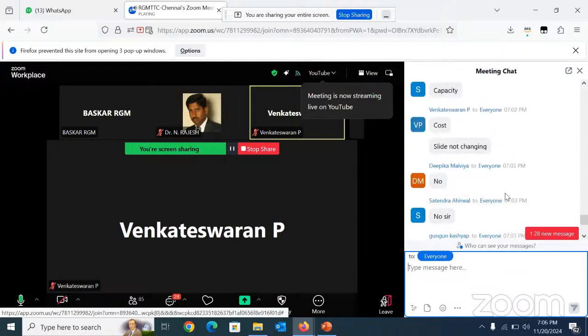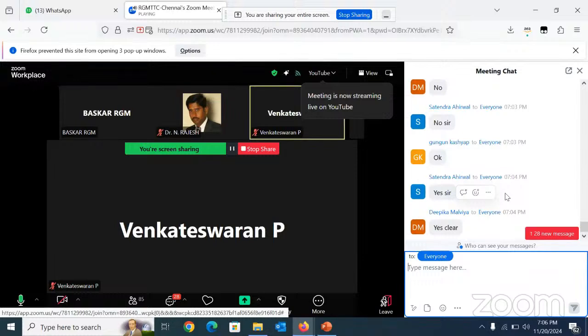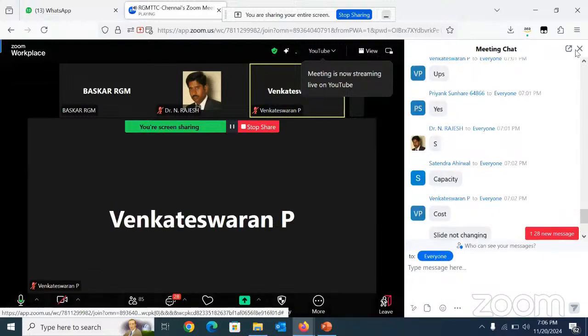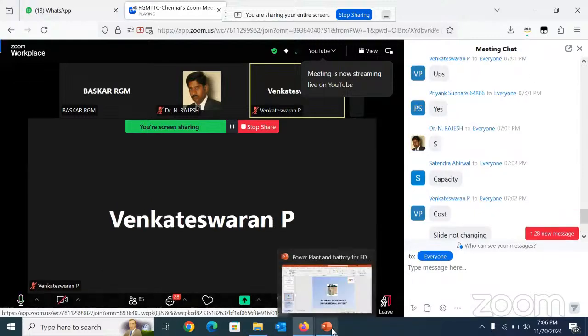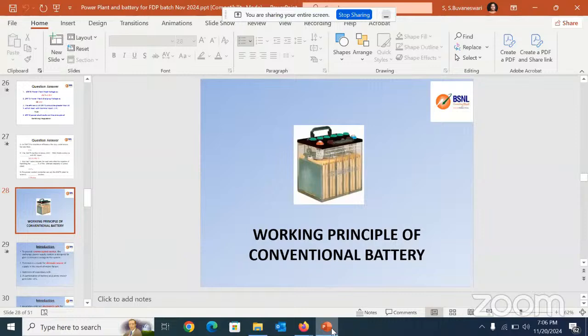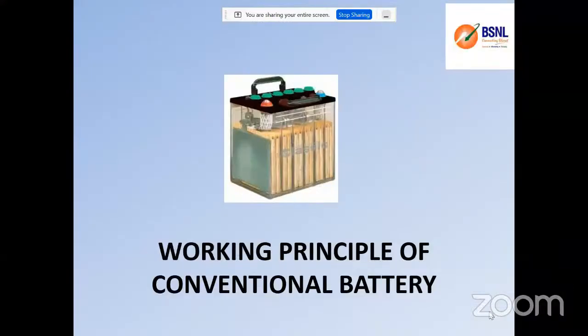Okay, let me give a small, easy example for you to understand it in the right way. You are having a mobile, its charger, and power supply is available. You connect the charger to the mobile phone and to the power socket and switch on. So what will happen to the mobile? It is getting charged, right? If you switch off the power socket, will your mobile switch off or will it still be in on condition?